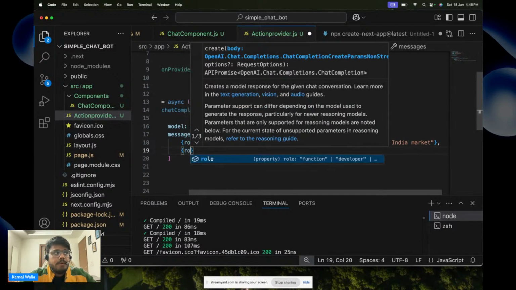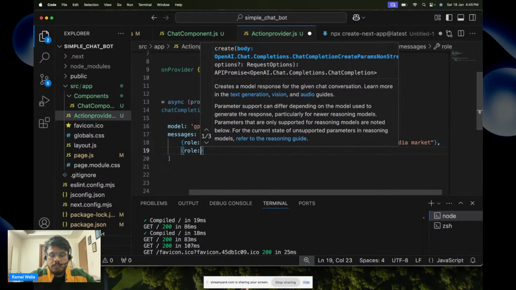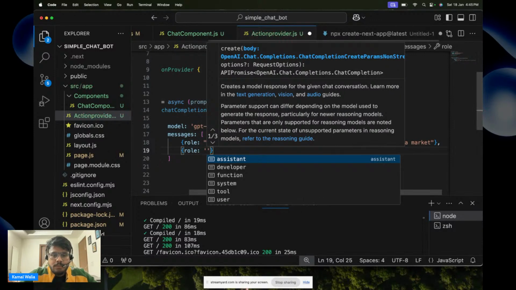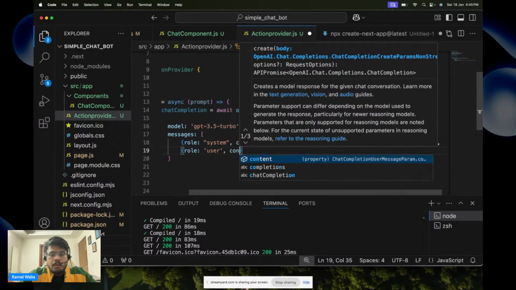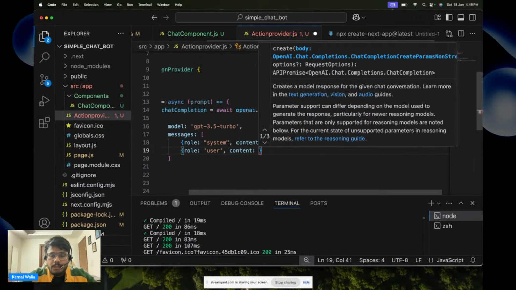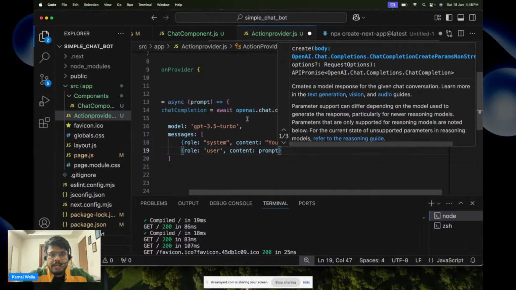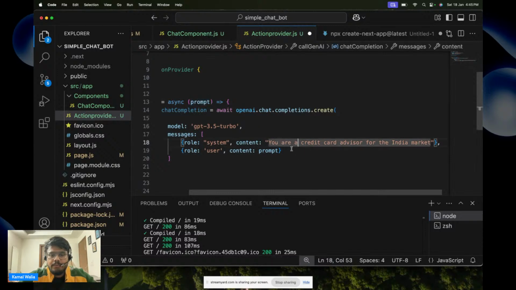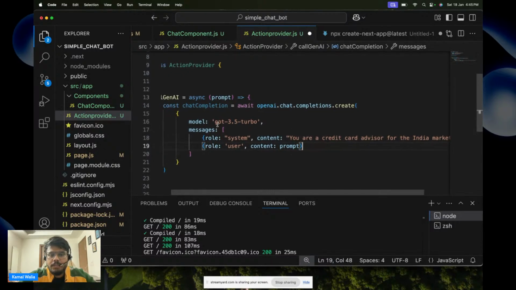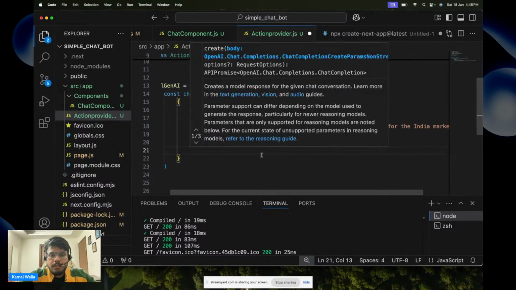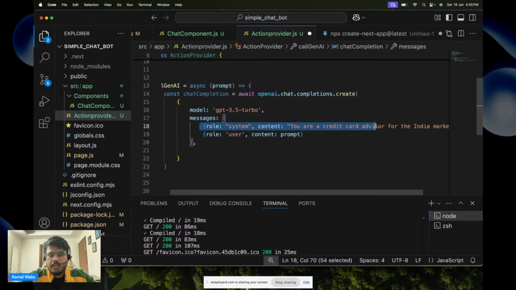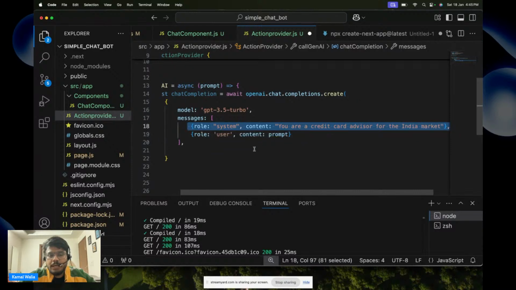Then we can give the role of the user, what the user will be doing, whatever the user has typed. We are getting that in the prompt, and that prompt we have shared to our GPT 3.5 turbo model. These will be my messages. We mentioned what the system is, what the chatbot will do,